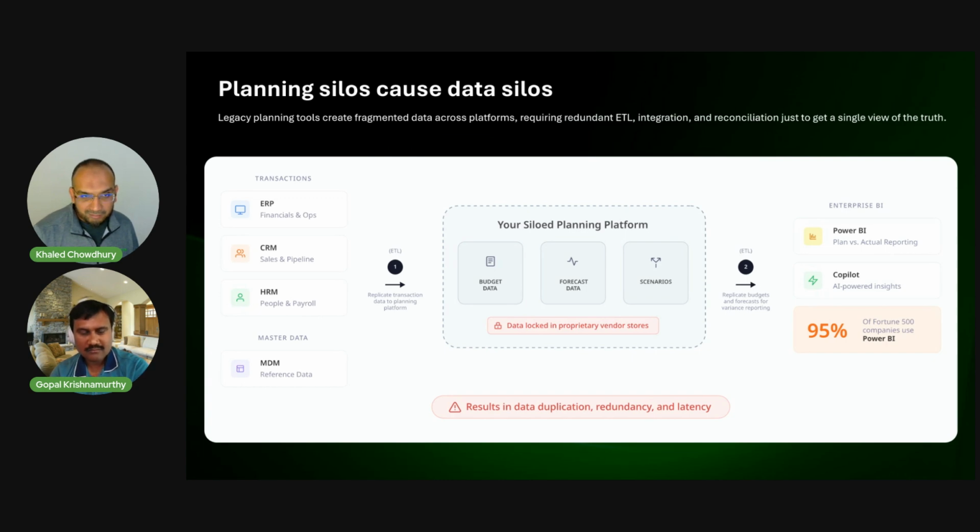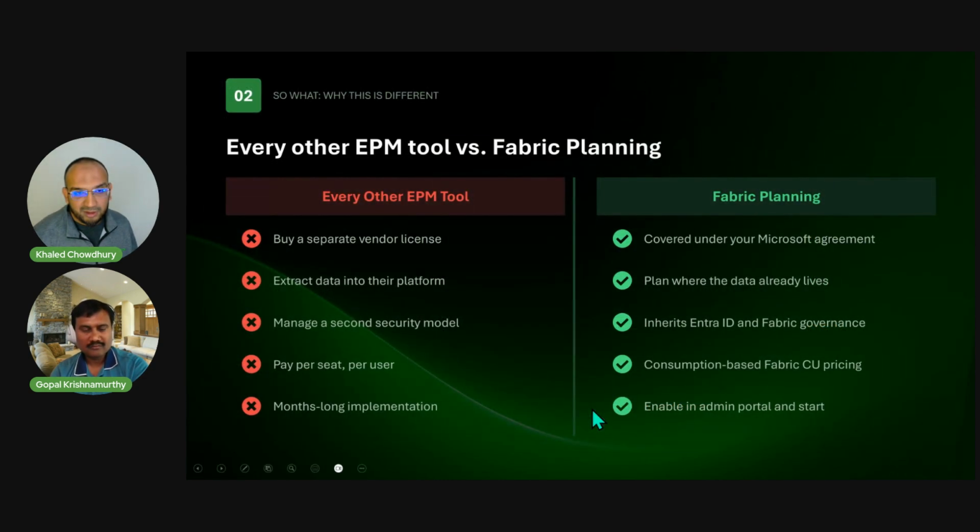We talked about the data silos already. Let's do a quick comparison. There's no separate license, nothing to buy, no CISO review, none of that. You don't have to worry about data security, because everything is in one place. You're just paying for consumption, which is a pretty ballsy approach to take, saying your product's good: if they don't use it, we don't make money. So this is where people can get started easily.